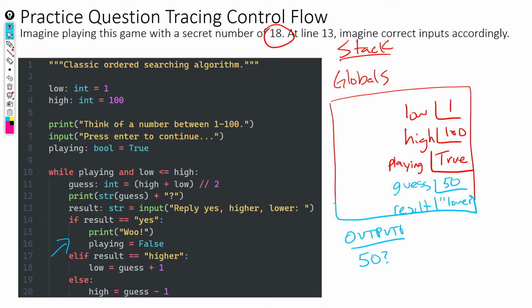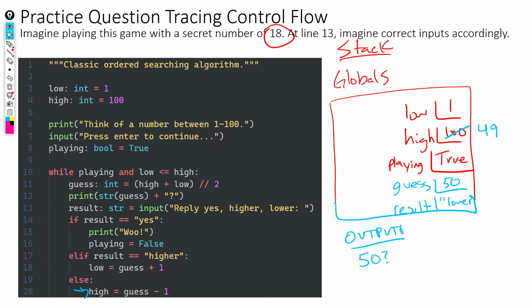And the else statement is doing something pretty clever that we need to be careful about. It's saying, take our current guess. So our current guess is 50, right? Subtract 1 from it. So that's going to be 49. And assign 49 to our high variable. So notice high is no longer 100, it's now 49. And notice what we've done. We've learned that 50 was too high, so we can eliminate everything between 50 and 100 as a possibility in the space that we're searching in now. So now the bounds that we're searching in is between 1 and 49, right?